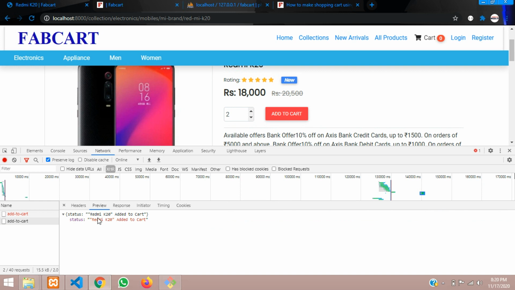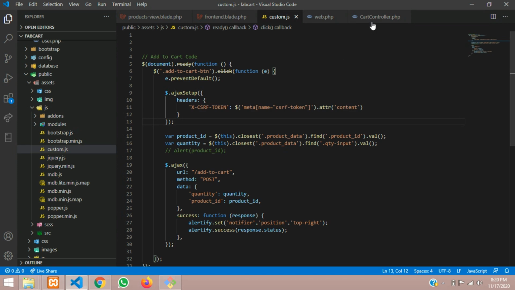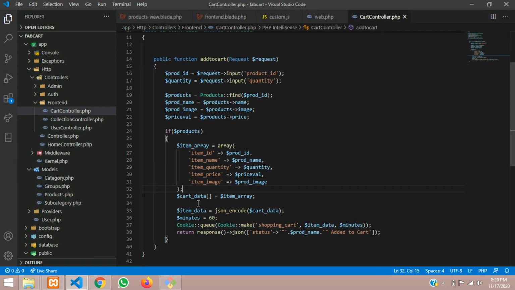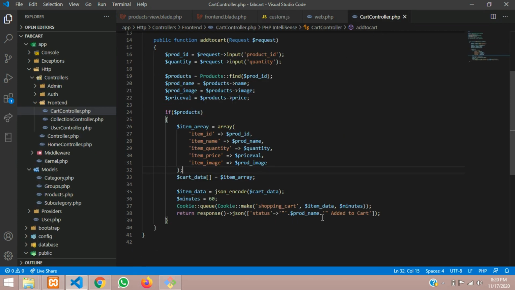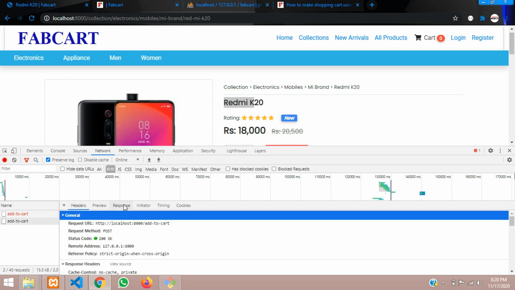It's showing status Redmi K20. So you can see that the name has come correctly, status added to cart. So if you want to know where that added to cart is coming from, you are getting it from this response status, product name added to cart, and then we have to check that in our cookie.